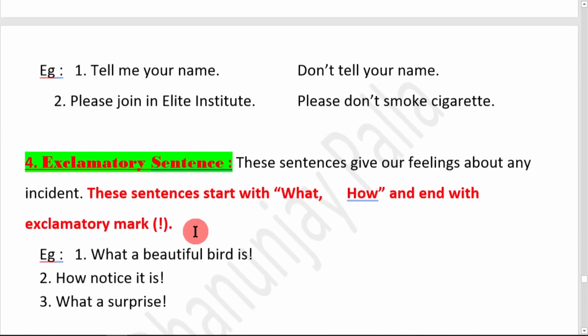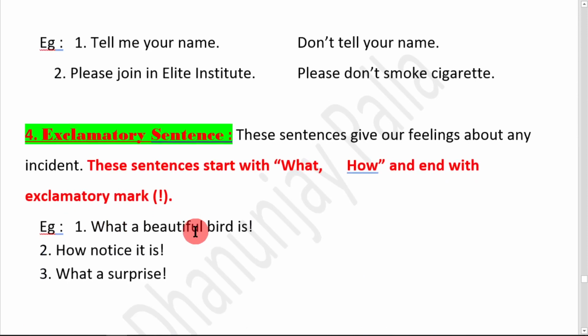Now I am going to explain exclamatory sentences. Exclamatory sentences give our feelings about any incident. These sentences start with what and how, and end with an exclamation mark. If you want to express sudden feelings, we have to tell them in exclamatory sentences. For example,